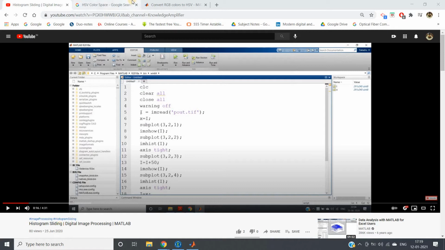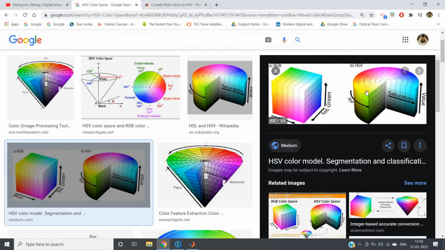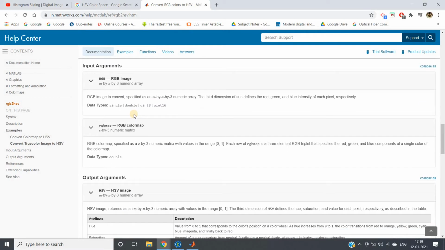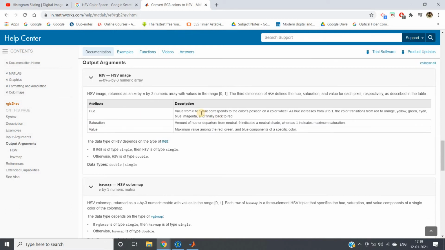Okay. So if you recall the fundamental concept of HSV, the hue part is basically on the color wheel, right? On the circular track, it is rotating from 0 to 360 degrees. And if you check the MathWorks documentation, the function to convert from RGB to HSV color space is like how we do RGB to gray. Similarly here, RGB to HSV. And if you take the hue part, it is a value which is changing from 0 to 1, corresponding to the color position on the color wheel. Okay, so 0 to 360 degree color rotation for the hue part is basically taking 0 to 1 value, right?